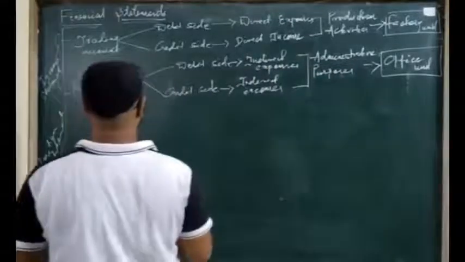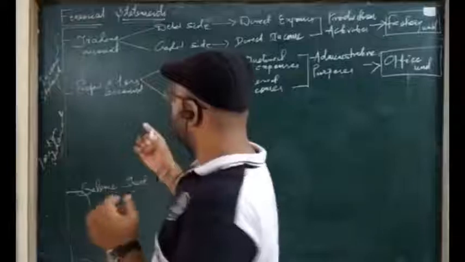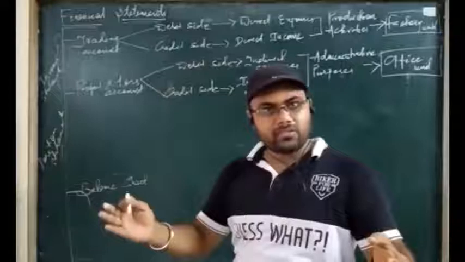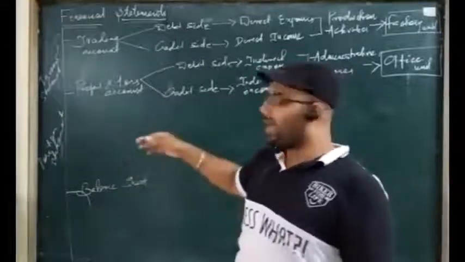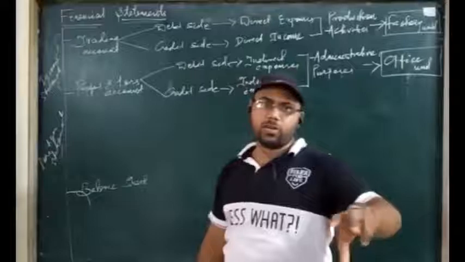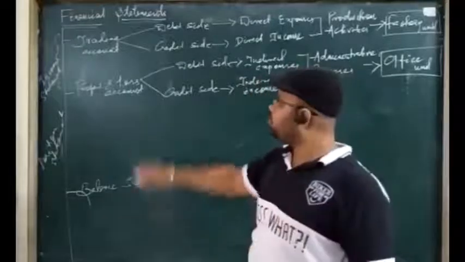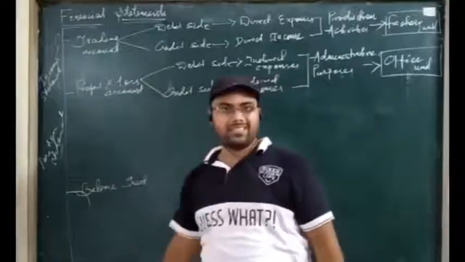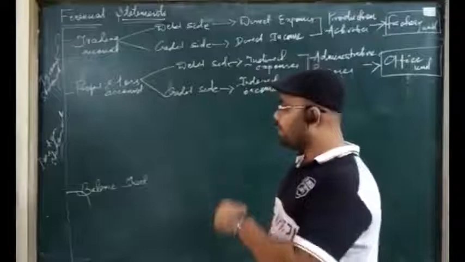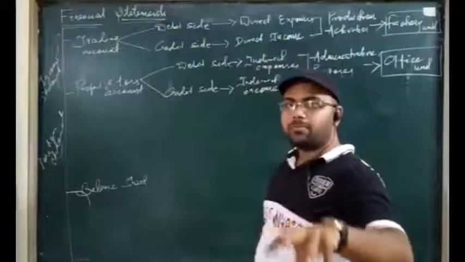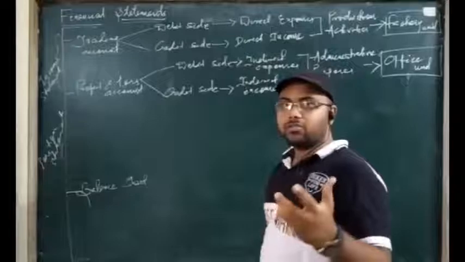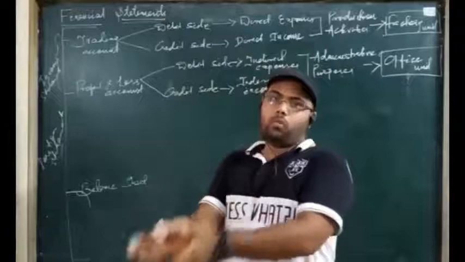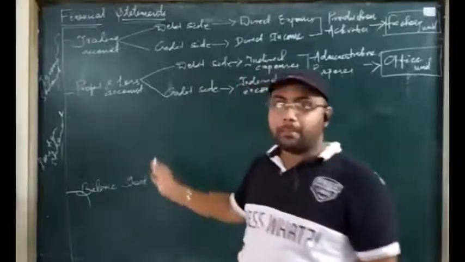The balance sheet is a statement. Not to confuse again the statement and account, I have told you, all accounts are statements, but all statements are not accounts. Anything that is in written form can be called a statement. So I have told you trading account and profit and loss account can be called a statement. But the balance sheet by nature being a statement cannot be an account. And since the balance sheet is not an account but a statement, it must not have a debit side or credit side. We will write in a simple, general way what items are posted on the left hand side and what items are posted on the right hand side. So it does not have any debit side or credit side.